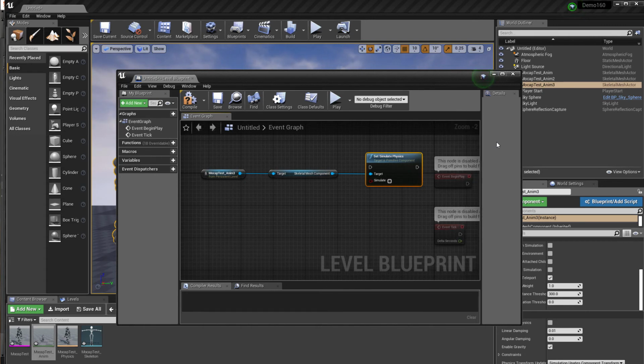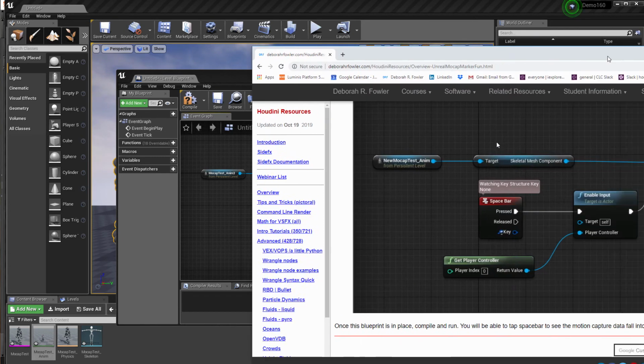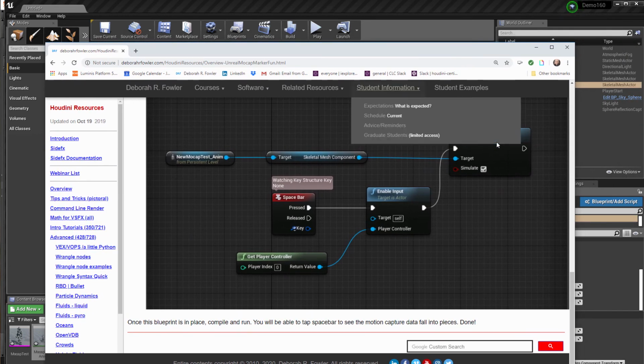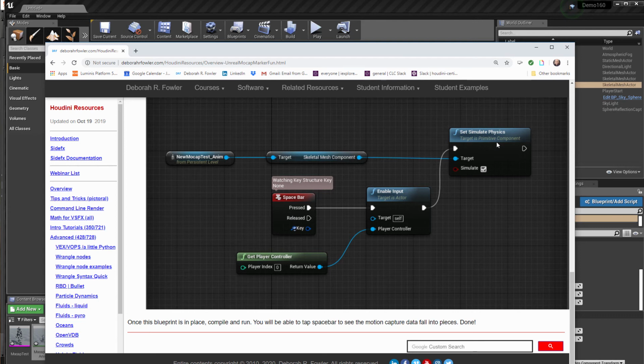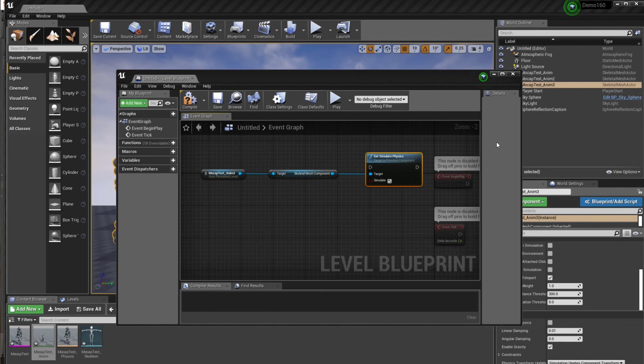And now what I want to do is actually simulate that, but based on a target. So how do I do that? Well, I've decided I'm going to use the spacebar. So I'm going to create an event with the spacebar. To give you an idea what that looks like, I'm just going to grab my website with my notes on here. So you can see this is where we're heading towards. Okay, so we've already got the top part. We're going to create a spacebar event, enable our input, and get player control so that we can then control the physics. All right, so let's go ahead and get